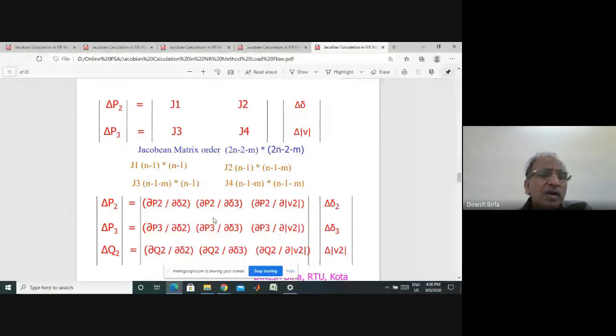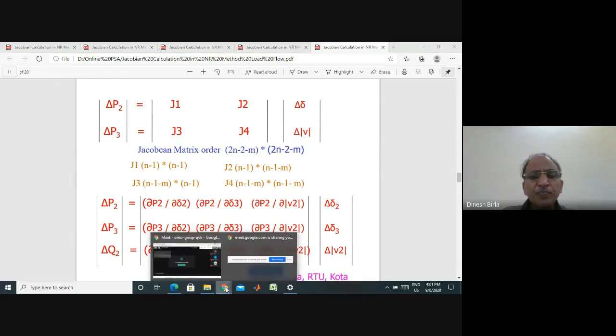I have just told you that on the left hand side you have the known active and reactive power, and on the right hand side the unknown parameters. So in each row you pick up the first element from the left and make partial differentiation of it with respect to the remaining three elements here. Okay. So I hope it is clear.